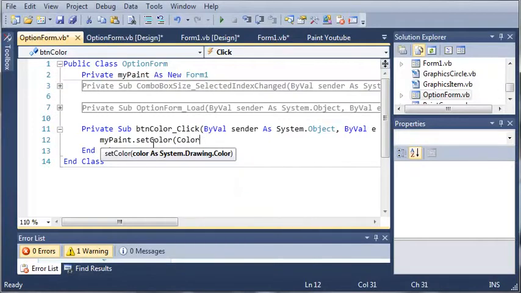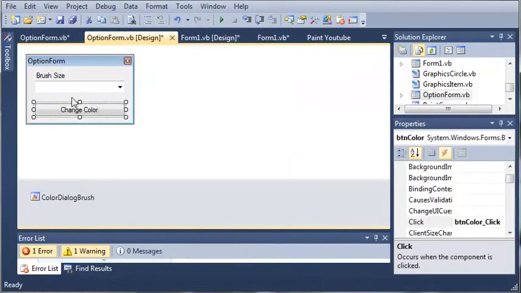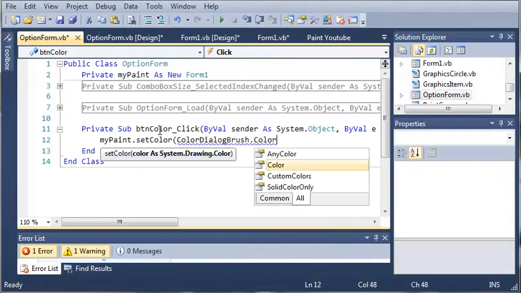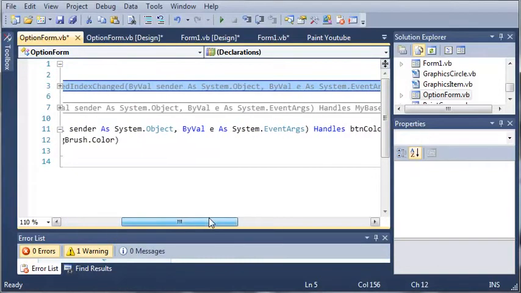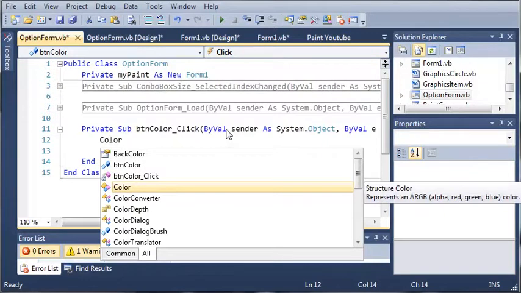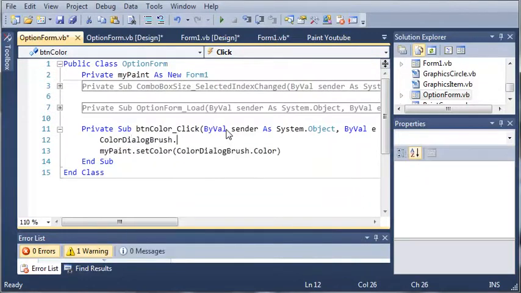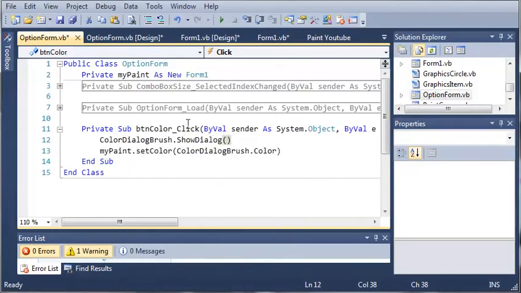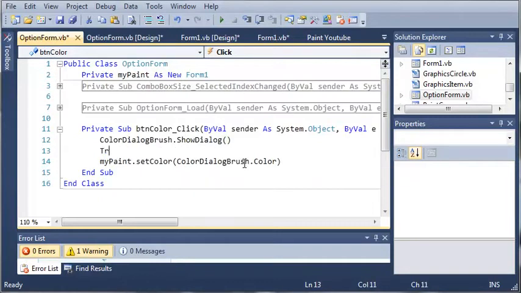color dialog, or let's see, what was the name of that? ColorDialogBrush.Color. But first we need to get a color from that. So we'll do ColorDialogBrush.ShowDialog. By using ShowDialog, they will only be able to interact with ColorDialogBrush and not anything else until they close out of this or click OK. And if they click cancel, then it's not going to give us a color back. So let's go ahead and